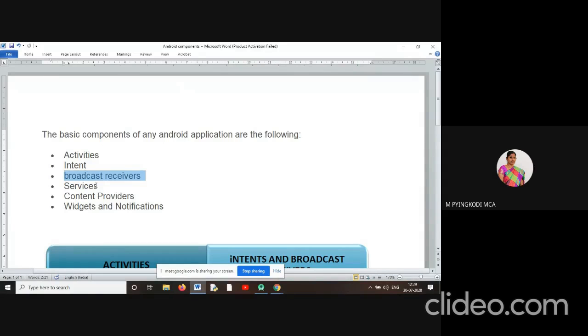After plugging in, your Android device gets started; it boots up, isn't it? When you switch on the device, the system in our Android OS will broadcast to all apps: our system is ready, all apps can start your work. Like that, it will pass information to all the apps in our Android device.